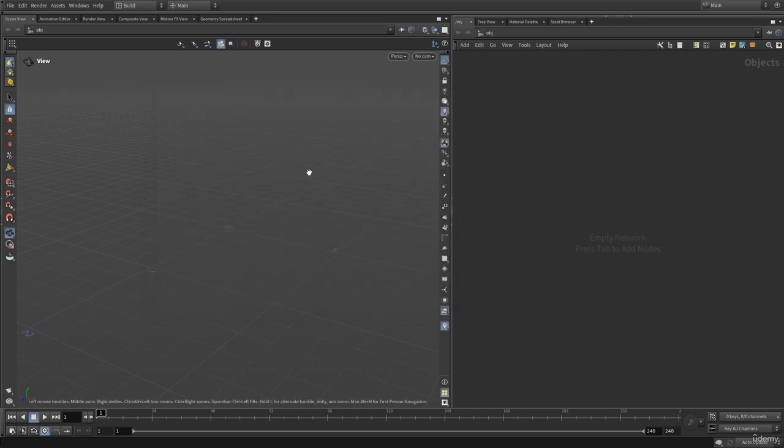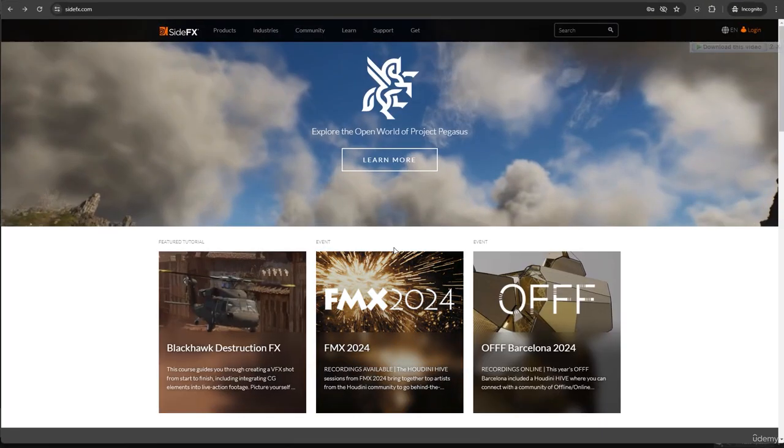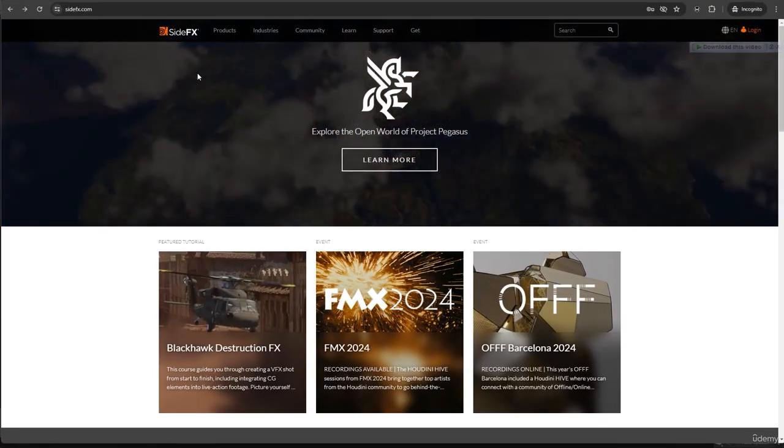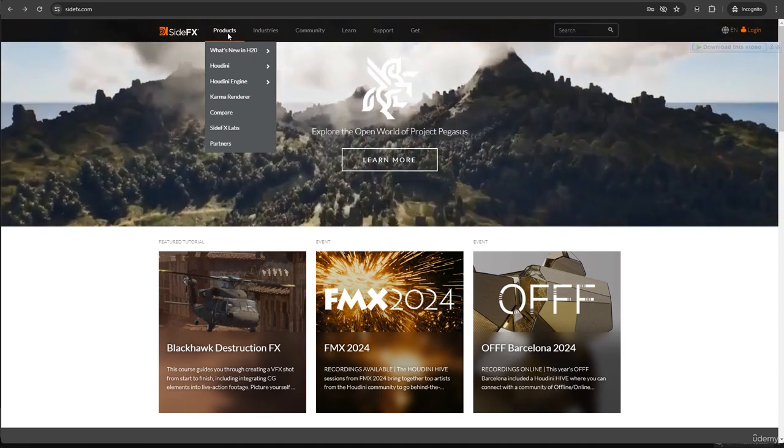Okay, and now let's install our Sidefx labs tools. We are going to use Sidefx labs tools. These will help us create motion graphics. And if you haven't installed Sidefx labs tools when you are installing Houdini, you can also manually install these labs tools. Okay, and for that, let's go into the Sidefx website and let's go into the products